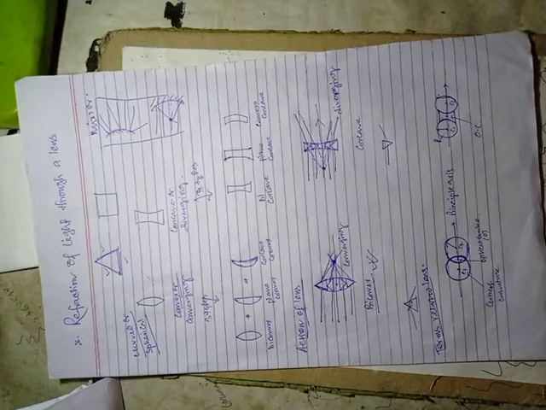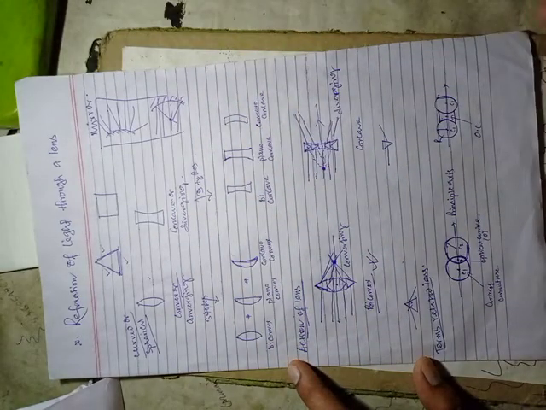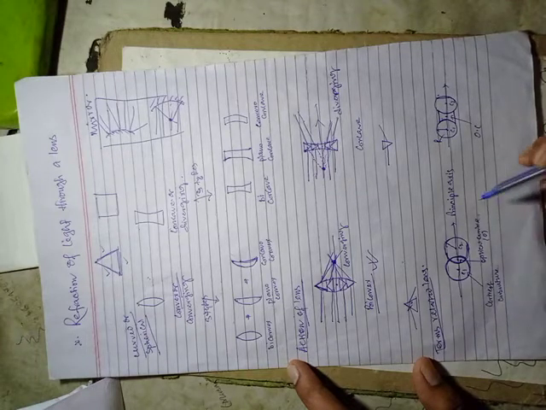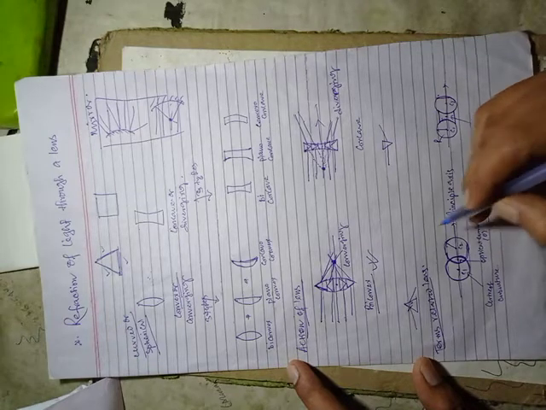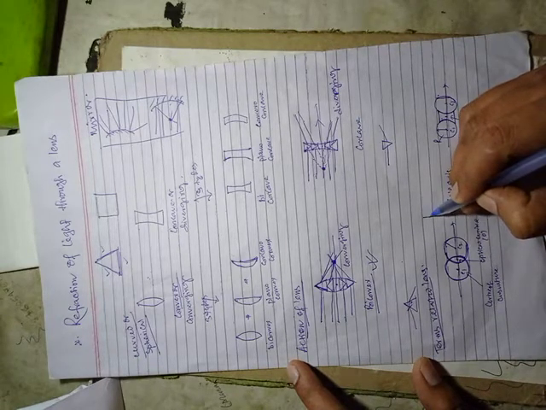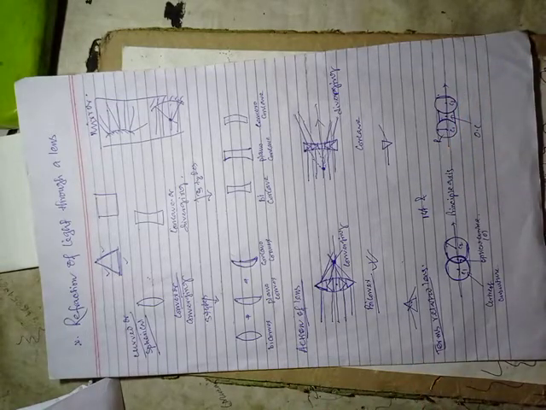Hello students. So here I will explain another two technical terms related to lens. In the previous lecture I think I have explained optical center, center of curvature, principal axis, everything, but two terms are left. That is the first and second focal point. In another page I am just explaining that thing. But one thing, if you didn't watch my first lecture, you must watch that, otherwise you can't understand.